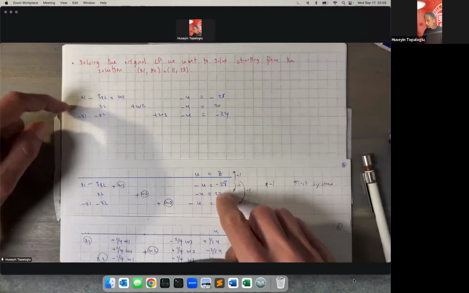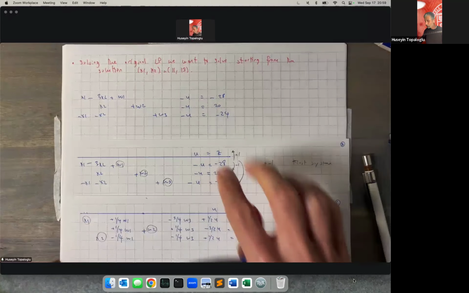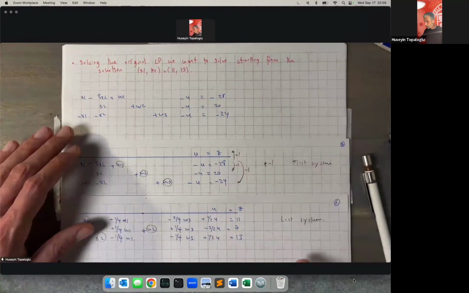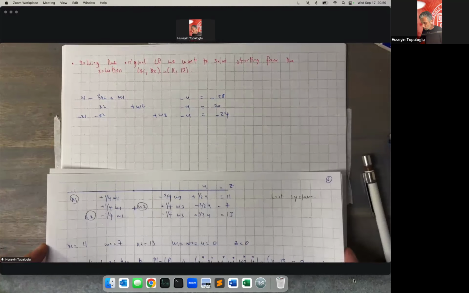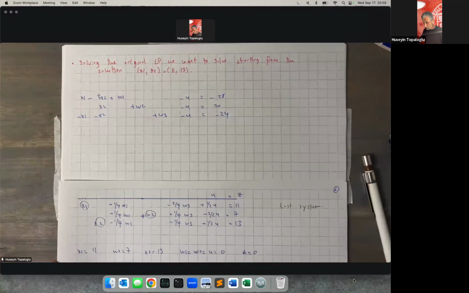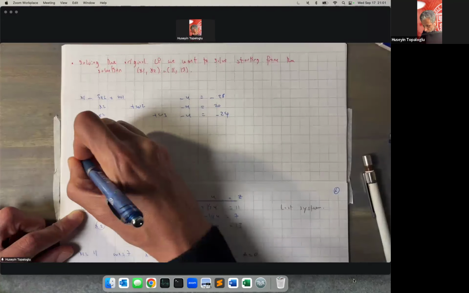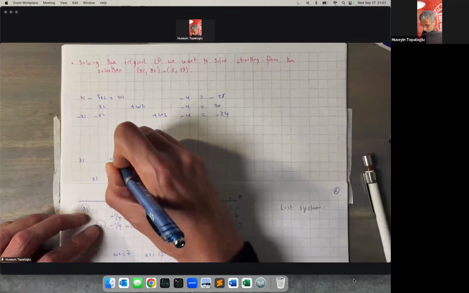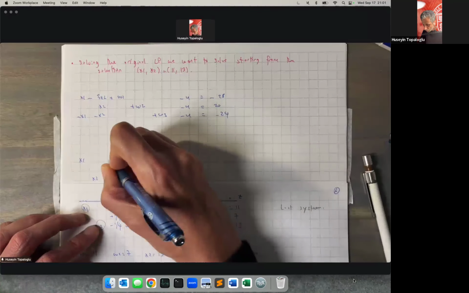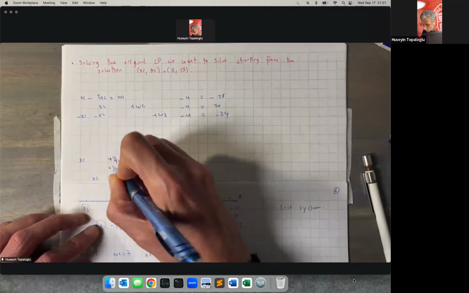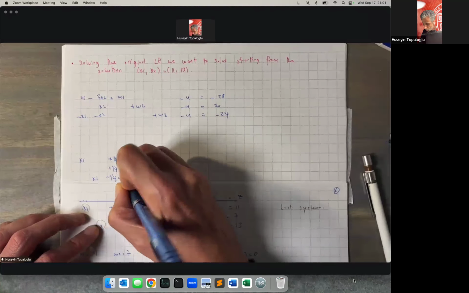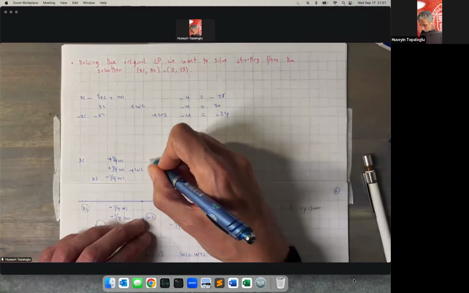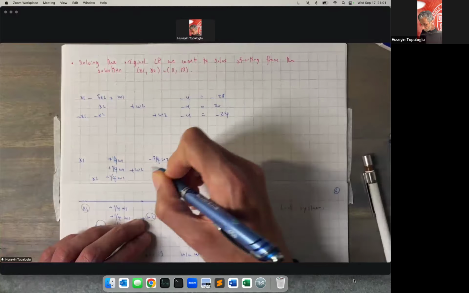I started from this system of linear equations, applied a whole bunch of row operations on them to obtain this system of linear equations. So then these two systems are equivalent to each other. Okay. We start from this system of linear equations, and through a bunch of row operations on them, we obtain this system of linear equations. X1 here, X2 here, 1 over 4 W1, minus 1 over 4 W1, W2 here, minus 3 over 4 W3,